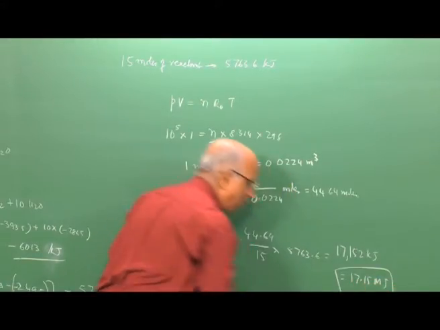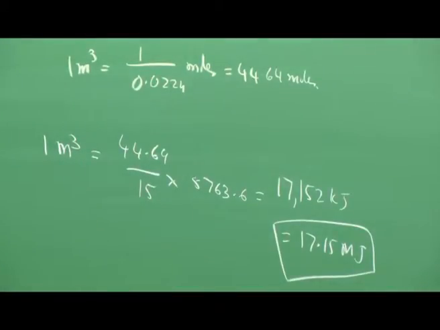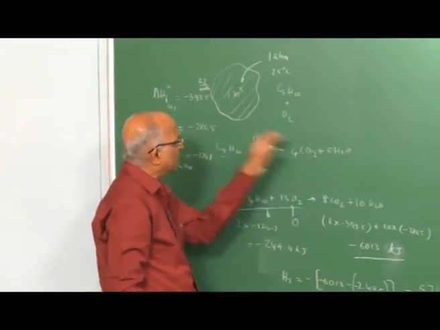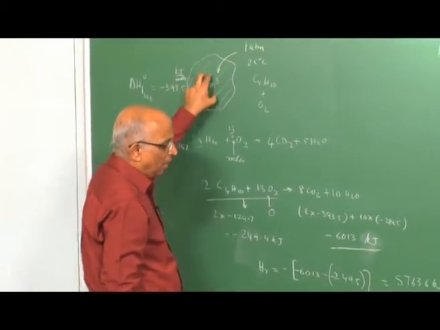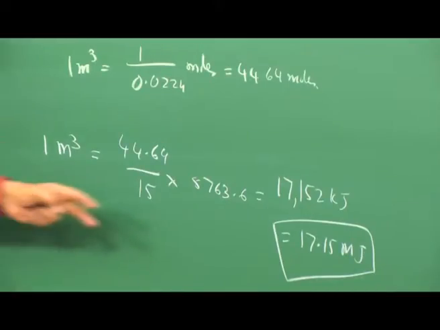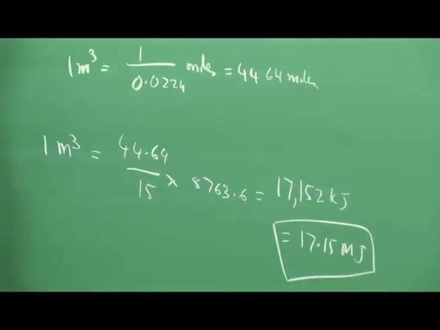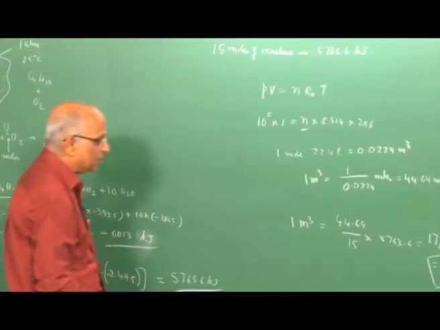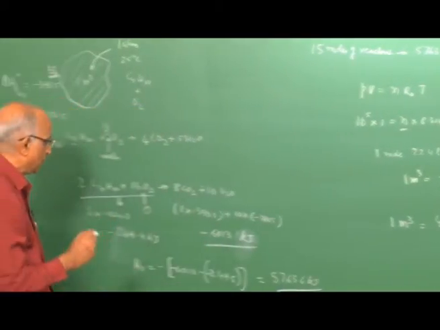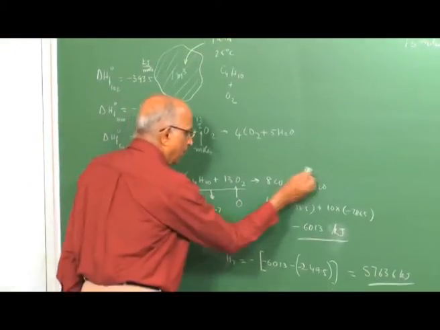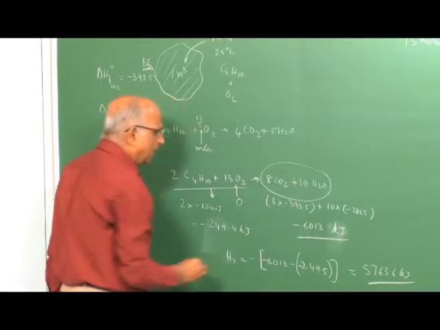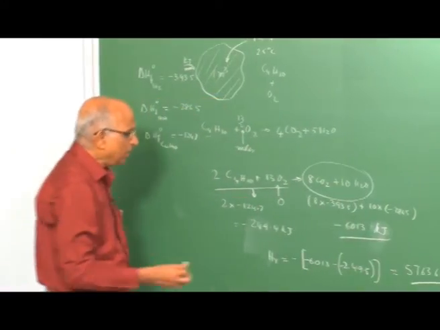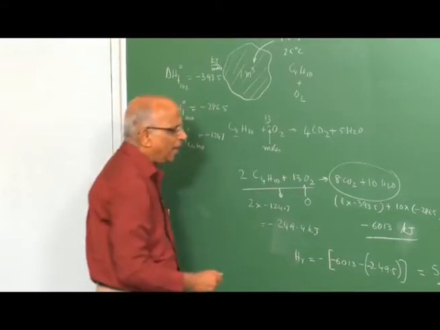This is the way we calculate the energy release, provided we assumed here that we are forming carbon dioxide. Therefore, for 1 meter cube, 17.15 megajoules of energy are getting liberated. Therefore, I am able to calculate the energies, but mind you, we have made two assumptions. We made an assumption in the products form. Can I not determine the type of products which I will have?